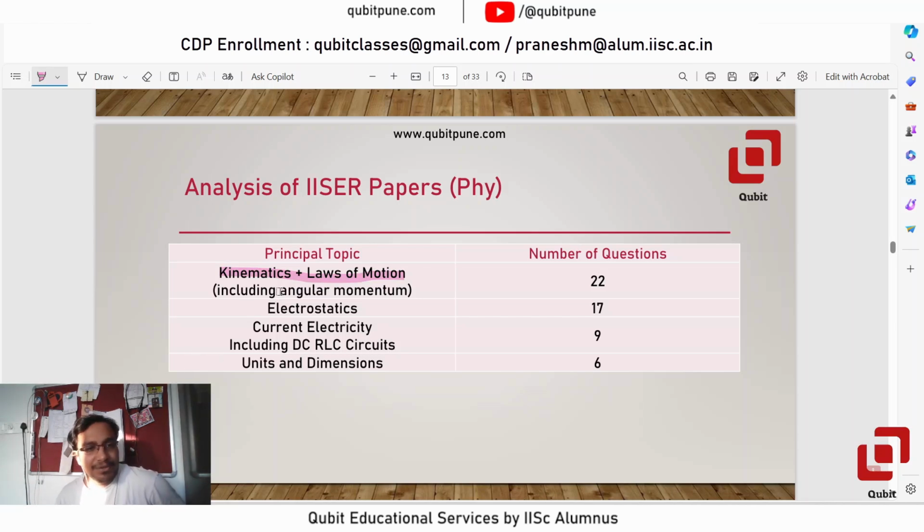And there have been questions on angular momentum, so I've included them here. So there are around 22 questions. So roughly 3 questions per chapter per paper on either kinematics, like motion in one dimension, motion in two dimensions,